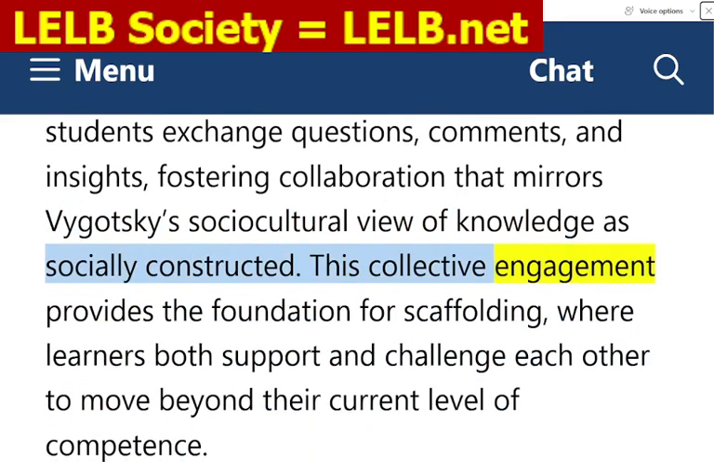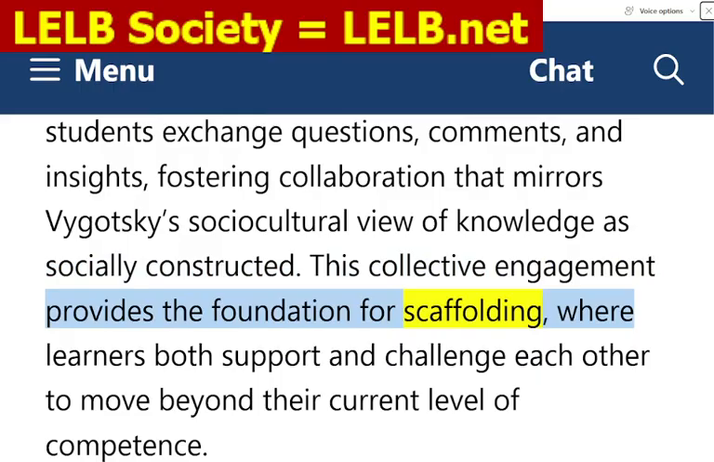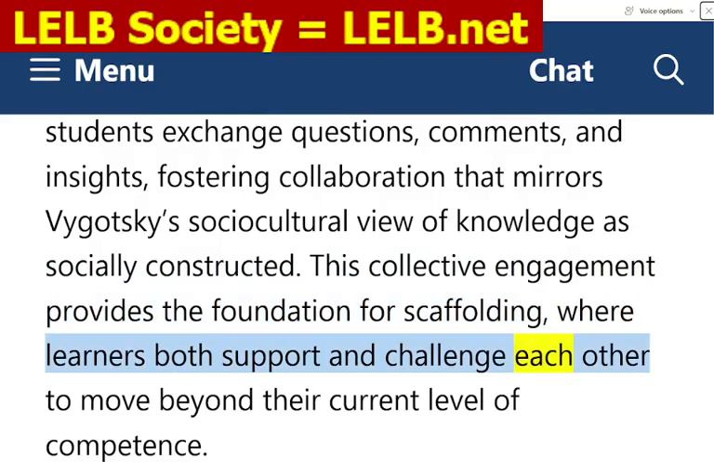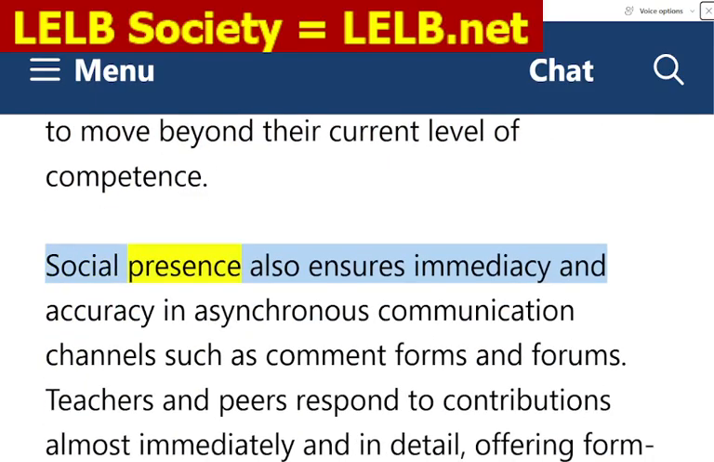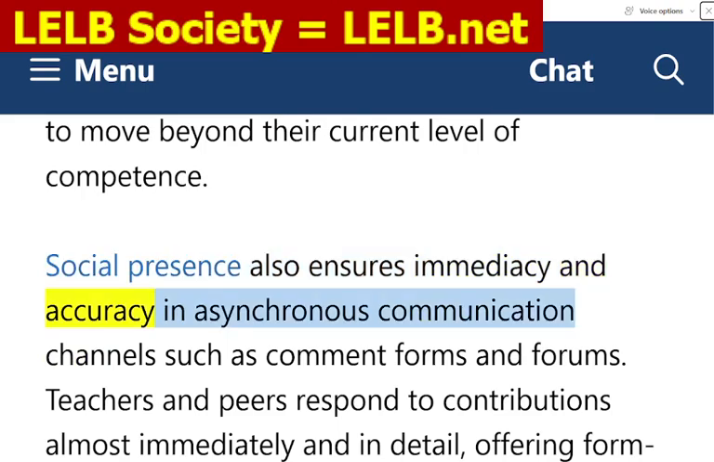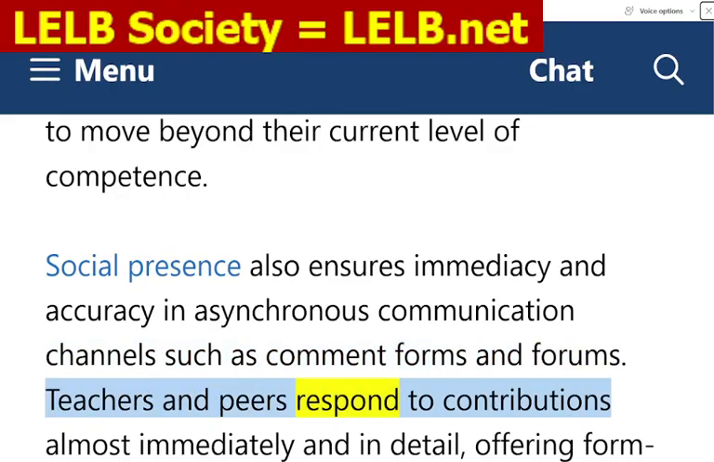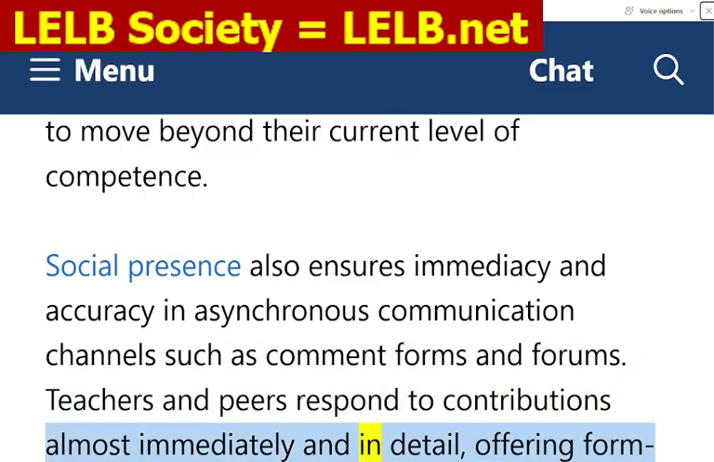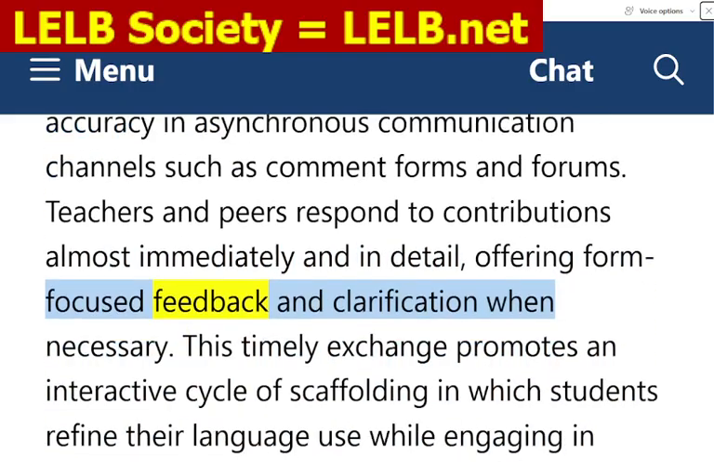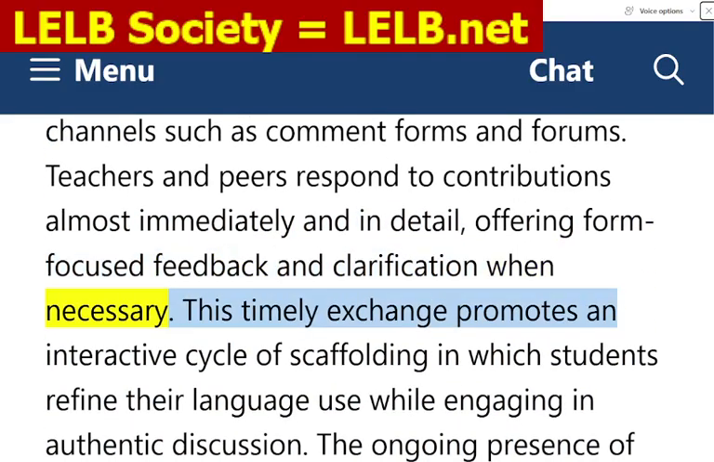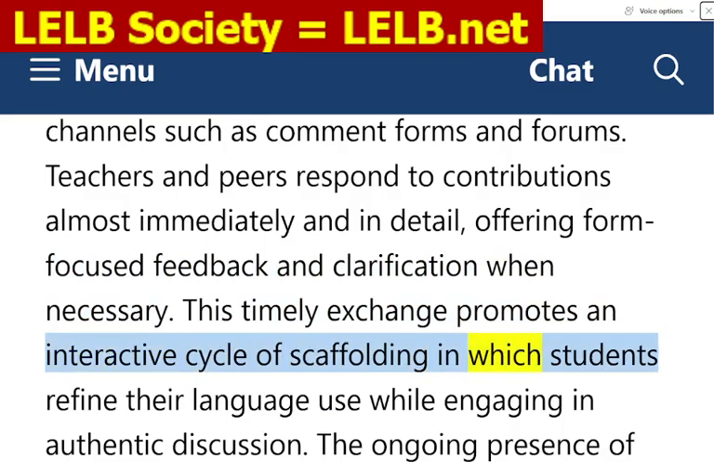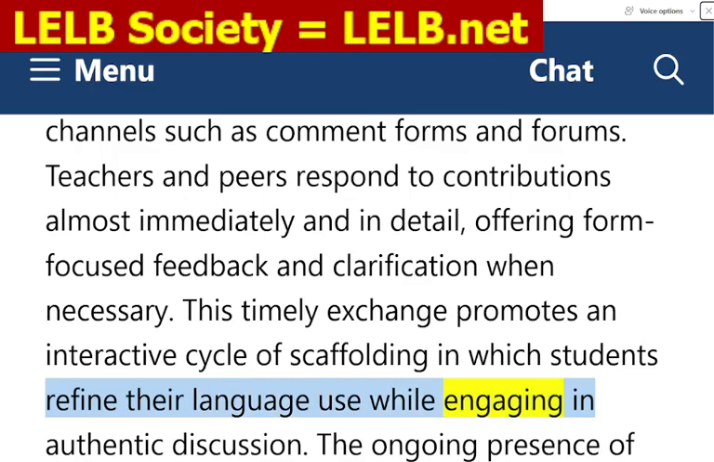This collective engagement provides the foundation for scaffolding, where learners both support and challenge each other to move beyond their current level of competence. Social presence also ensures immediacy and accuracy in asynchronous communication channels such as comment forms and forums. Teachers and peers respond to contributions almost immediately and in detail, offering form-focused feedback and clarification when necessary. This timely exchange promotes an interactive cycle of scaffolding in which students refine their language use while engaging in authentic